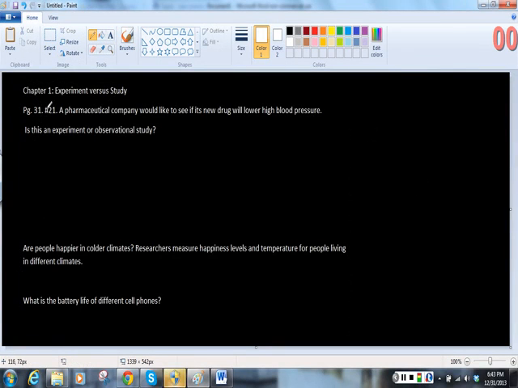On page 31, question 21, it says a pharmaceutical company would like to see if its new drug will lower high blood pressure. Is this an experiment or observational study? We have to assume, and this might be frustrating, that because they're a pharmaceutical company, they have two groups of people. This group gets the drug and this group gets no drug or a placebo, and then they're going to compare